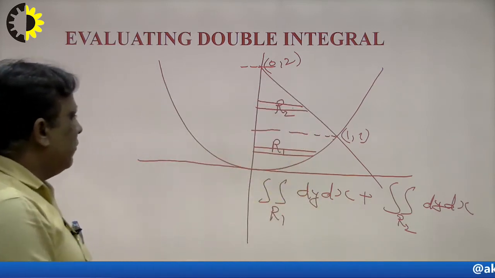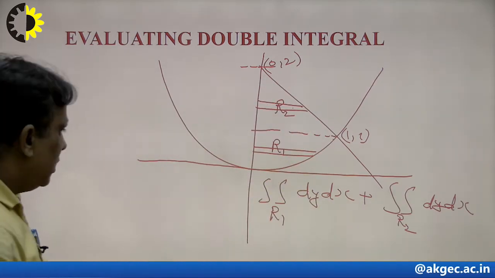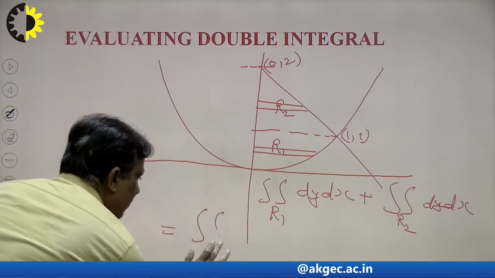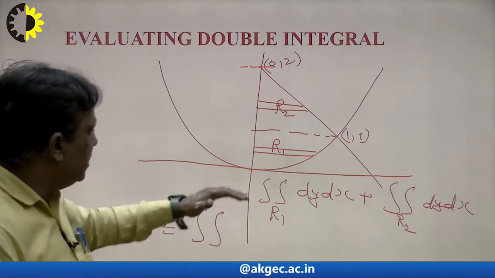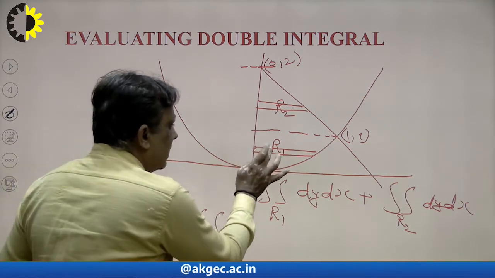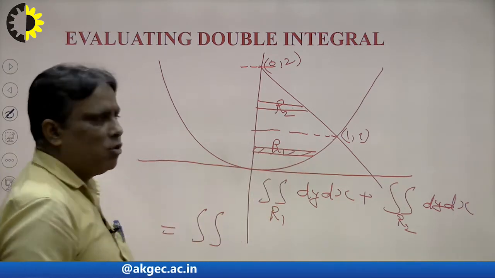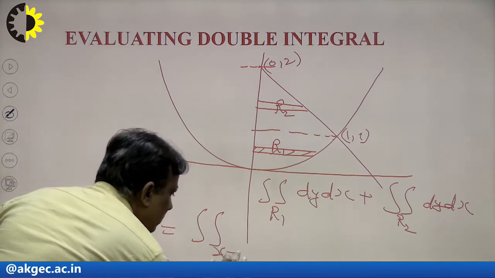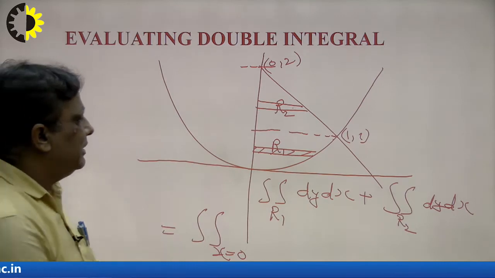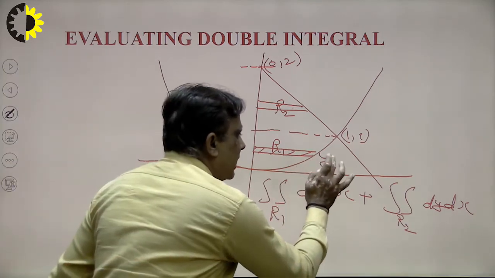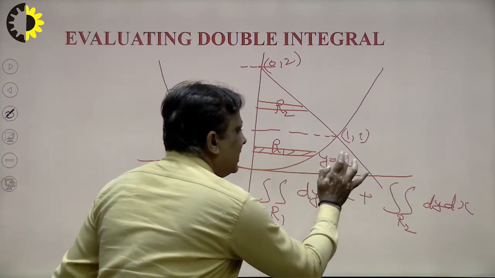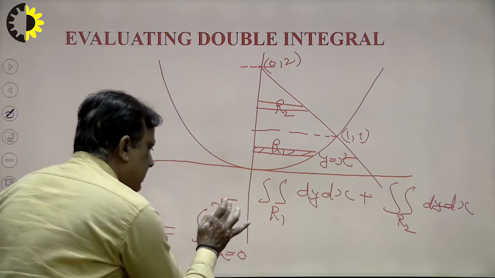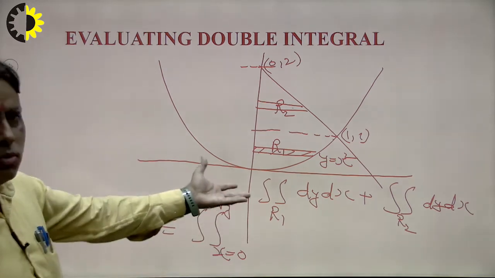So first of all I calculate the limit of R1. Students, listen very carefully, what will be the limit of R1 here? First we calculate the limit of x, because the strip is parallel to the x-axis. The lower part touches the y-axis, so the lower limit of x is 0, I write here. And the upper part is the curve y equals x squared. So what will be the value of x here? Under root y. So the limit of x is 0 to under root y.